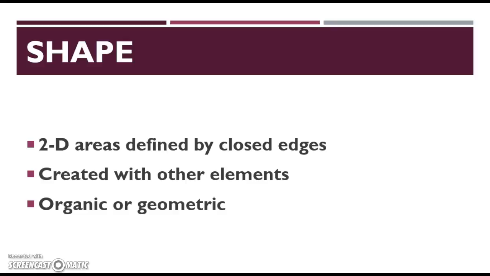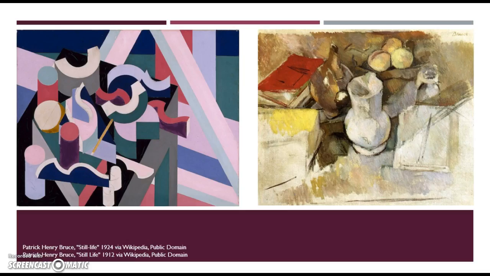They can be organic, which means that they have curved edges, or geometric, so all straight edges. So these are two still lifes by the same artist. One of them has more organic shapes and one of them has more geometric. So the one on the left is more what? Geometric. So the items in it are abstracted and drawn with a lot of sharp edges and clearly defined shapes